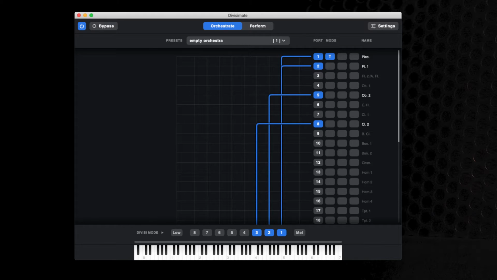Hello, in this short little walkthrough I'm going to go through the new version of Divisimate, version 1.2, and talk about the new functions it has to offer. So those of you who have used Divisimate, you'll have played with it before and you'll have an idea of what it does. For those of you who haven't used Divisimate before, this is a little application that runs in